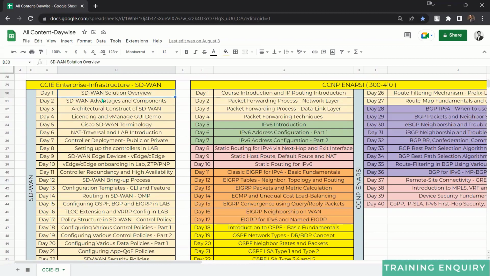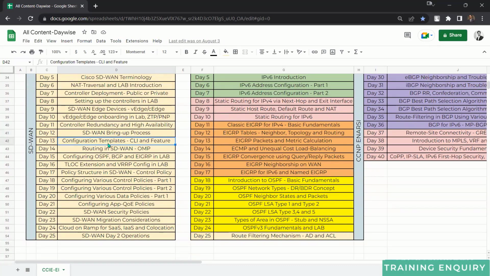So solution training overview, advantages, components, architecture, licensing, how can we order the devices and all, terminologies, NAT, controller deployment, S-device deployment, deploying the controller in our lab, deploying the S-devices in our lab, redundancy, high availability, and then configuration template. From here, the template part, routing part, and everything will start. Template, routing, OSPF, BGP, TLOC extension, policy,